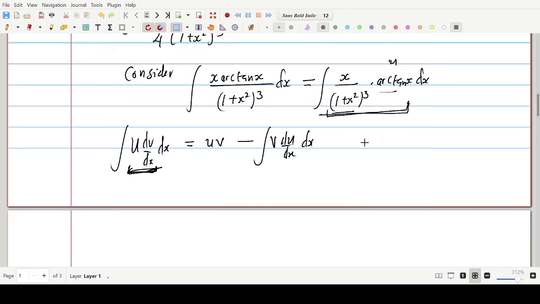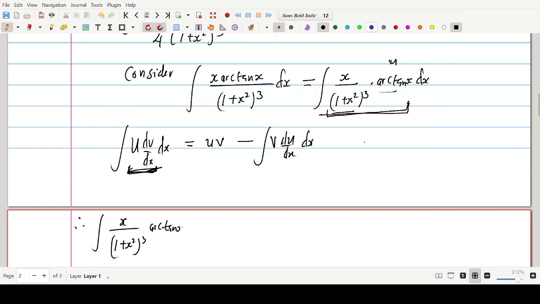I can say therefore, the integral of x over 1 plus x squared to the power 3, times arctan of x dx. Now, in this case, these are u. Recall, what do we choose as u? Can you guess? I give you 5 minutes. If you say x over 1 plus x squared to the power 3, you are wrong. But if you say arctan of x, you are right. So that's our u. So we can write this as arctan of x, multiplied. Now, to get this v,